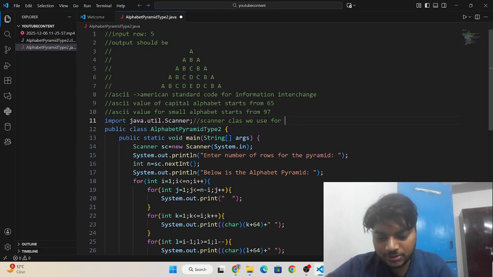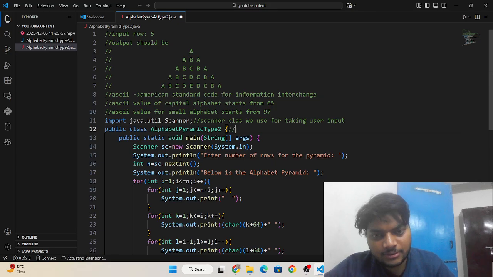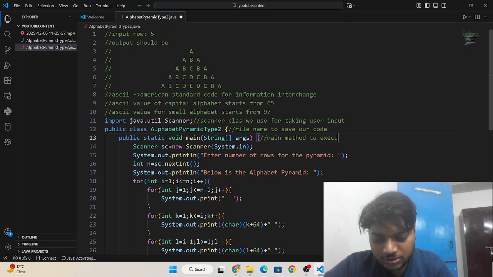Scanner class we use for taking user input, and this is the file name to save our code. This is the main method to execute the code.